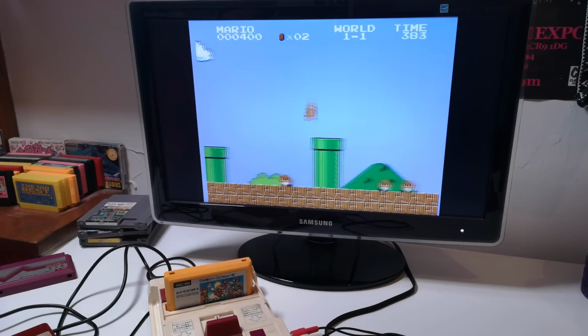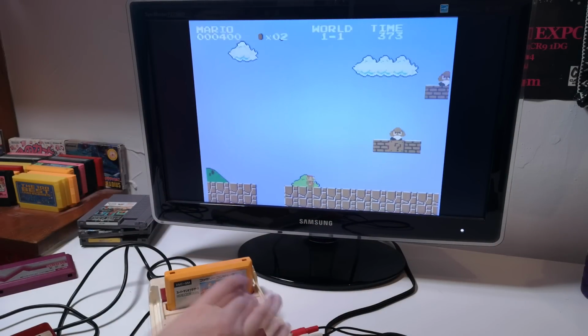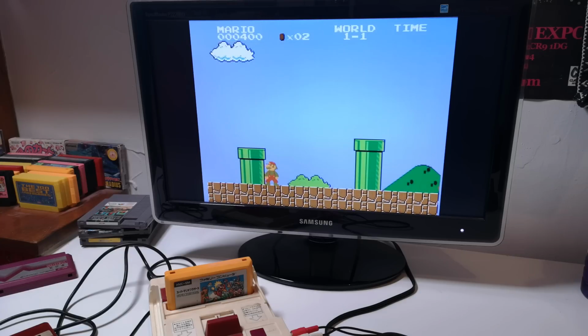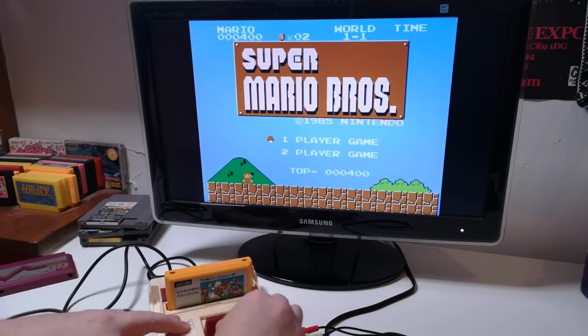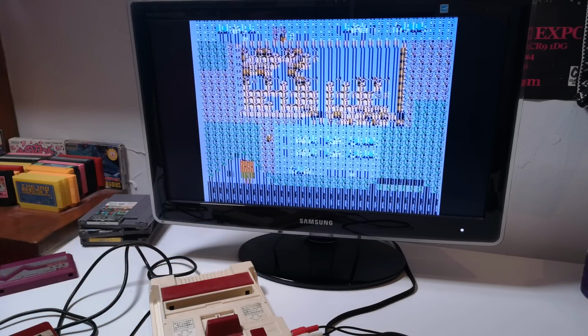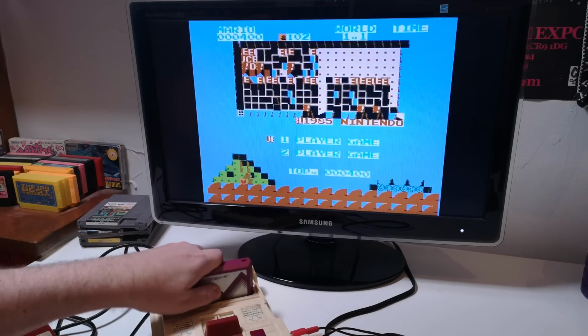So first of all, here we have Super Mario Bros. running as normal on the console. Let's hit reset to bring us back to the title screen, and now things start to get weird. Without switching off the console, I'm going to remove the Mario cartridge, which does, unsurprisingly, make the game crash. Now I'm going to shove in a copy of Tennis, yes, the original Nintendo release from 1983,